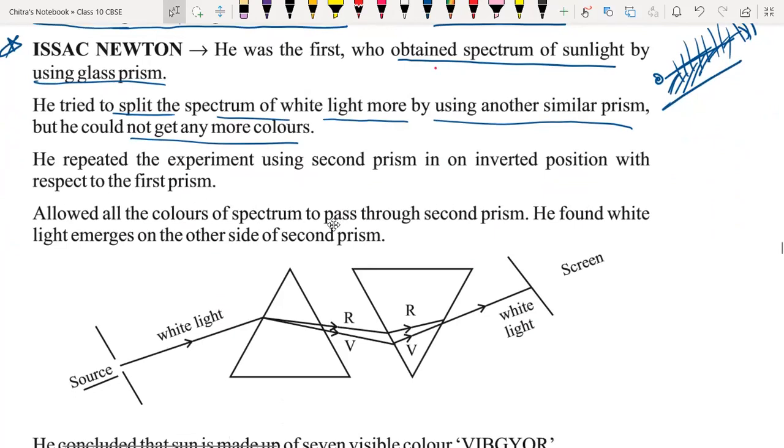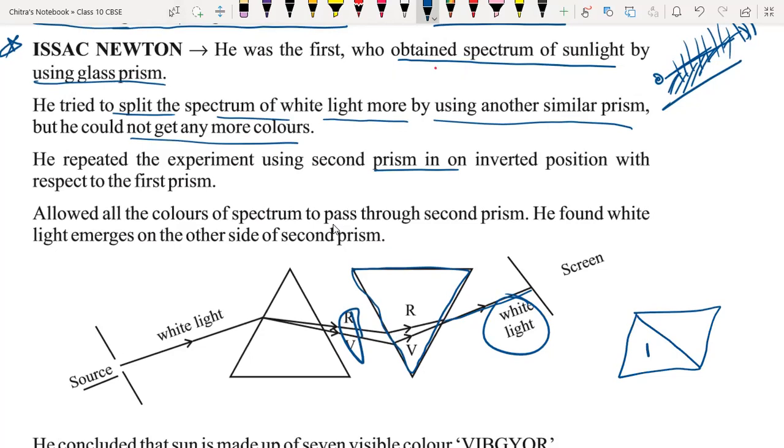Okay, so he repeated the experiment using a second prism. He got the spectrum over here and put another prism, but inverted. After passing all the 7 colors through the prism, he got the same light, the white light only. If we combine both prisms base to base like this,